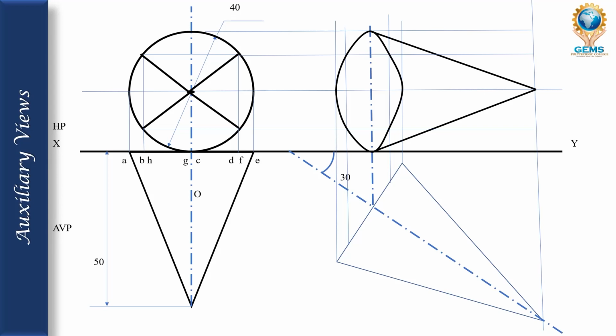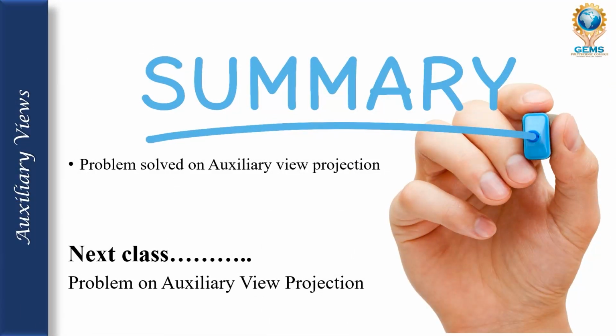Okay, and now the summary. Already we have solved problems here. Including this video, we have solved 4 problems. Two other problems are remaining. So I will take them one by one in class. In the next classes we are going to see one auxiliary view and projection view also. I will take the next 2 problems, and from that you can understand it clearly. I think till now you have a view of how to draw the auxiliary views, so the next 2 problems will be easy for you.